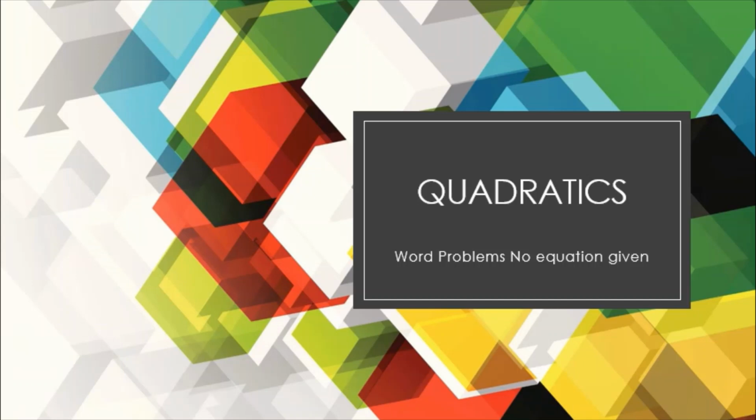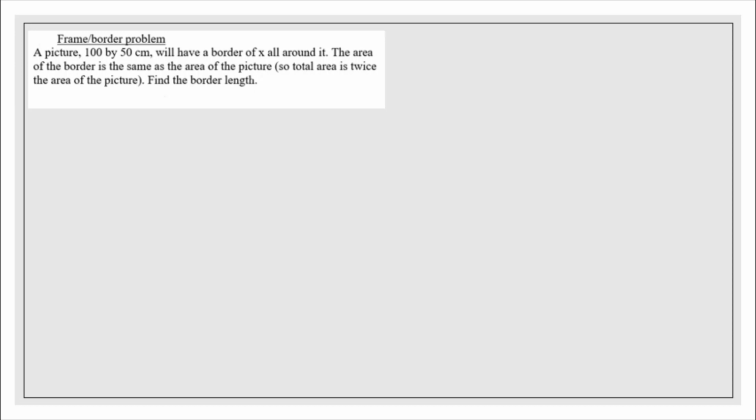Welcome to a video explaining how to solve quadratic word problems where the equation is not given. So let's start by talking about a frame or border type of problem, which says a picture 100 by 50